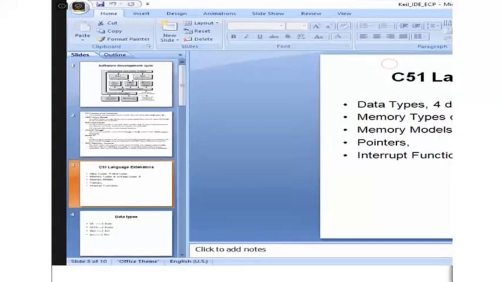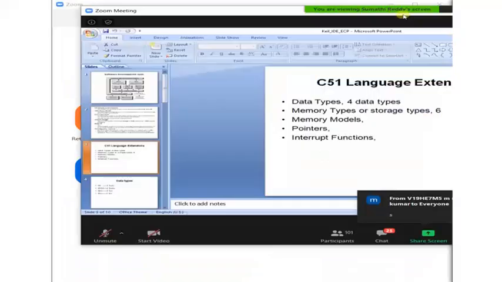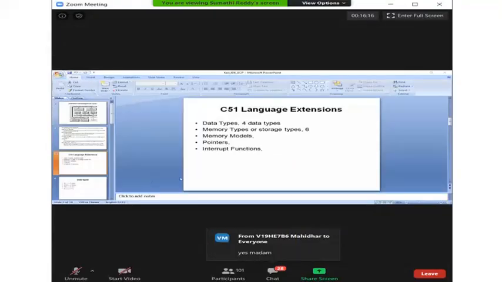You're able to see the screen, right? Fine. In this, we have already observed data types, additional data types, additional storage types, additional memory models.